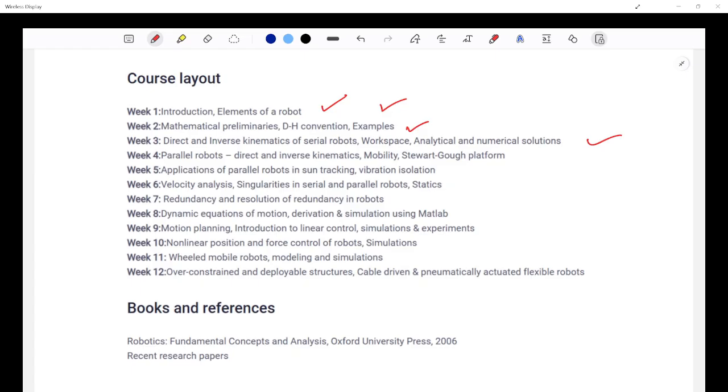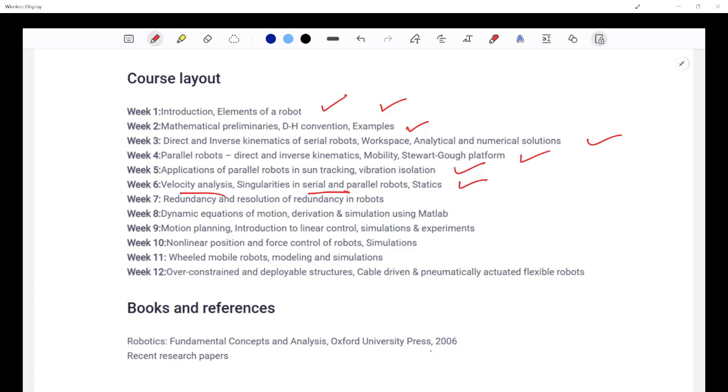Then I think we dealt with velocity analysis and static analysis of manipulators, where we saw what is linear and angular velocity of the links. Then we saw what is serial manipulator Jacobian matrix, what is parallel manipulator Jacobian matrix, how they are different, and then we also saw what are the singularities in serial and parallel manipulators, right? Then we moved to statics of serial manipulators and for parallel manipulators as well,